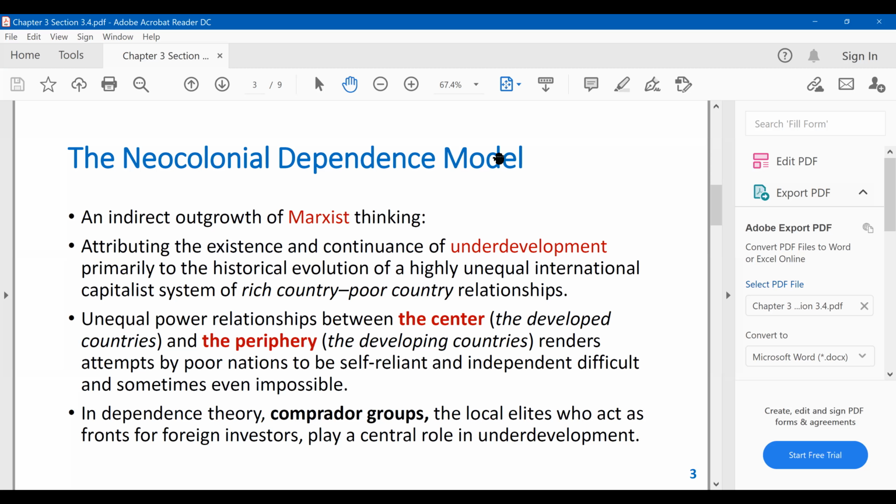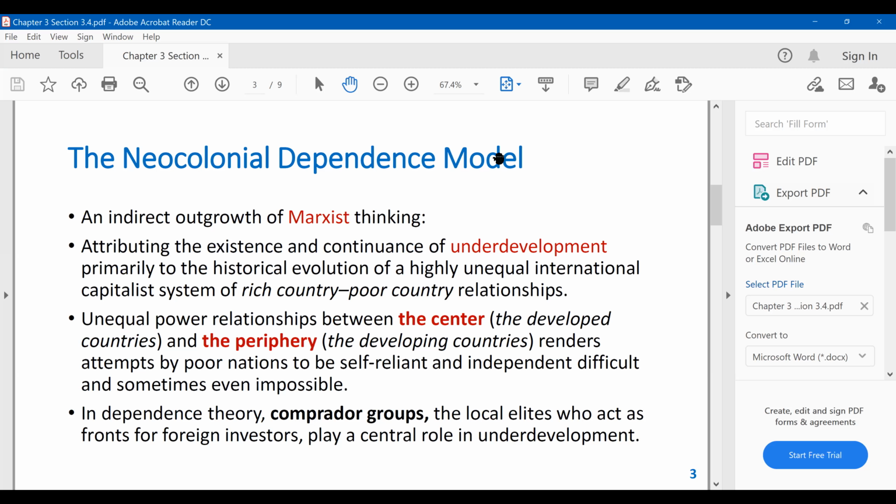So there are rich countries and there are poor countries, and the idea is that rich countries use their political powers, economic powers, international relationships, etc., and they keep exploiting the poor countries. So that's the central idea